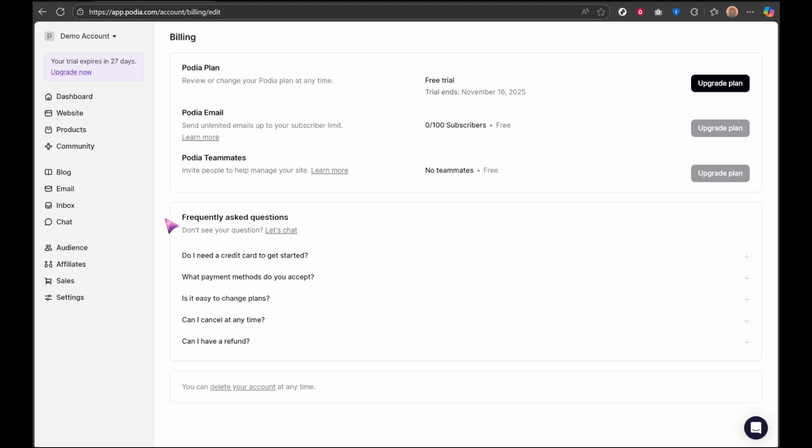Open your Podia dashboard, use the account dropdown to reach billing, click Edit on your plan, choose Cancel Plan, and confirm. With those steps done, your subscription will wind down at the end of the current cycle and you'll